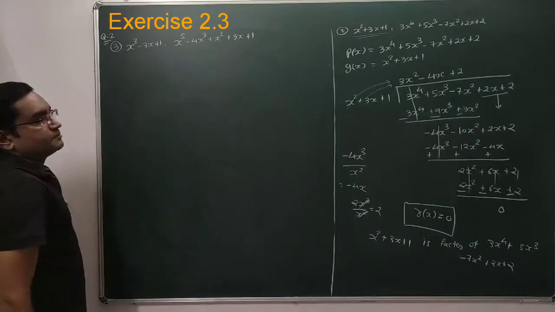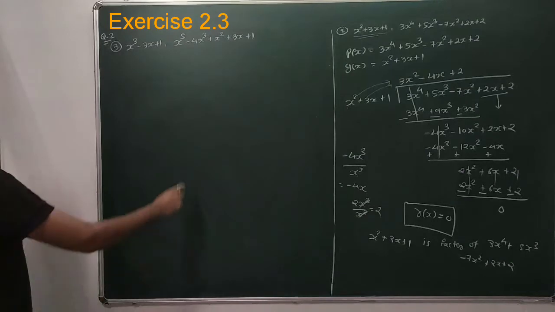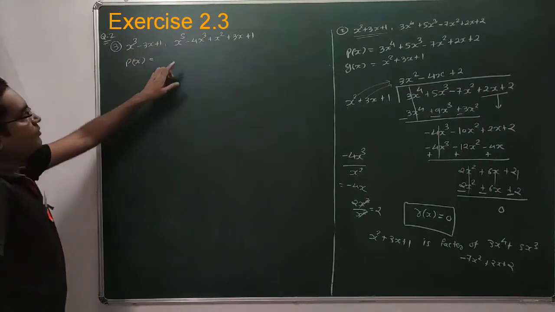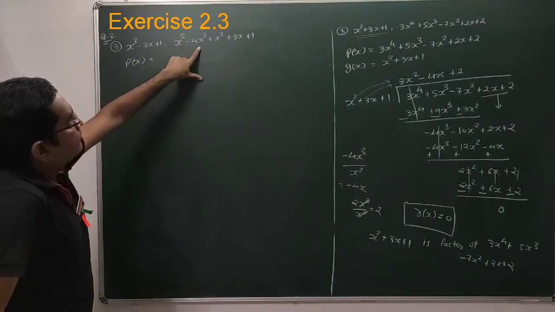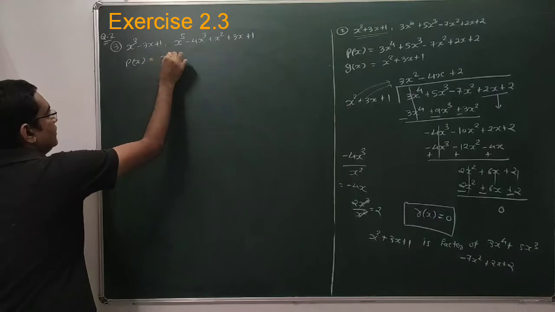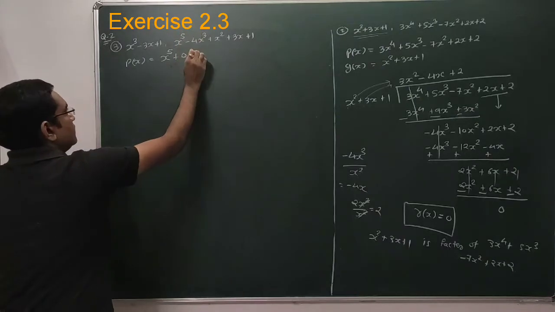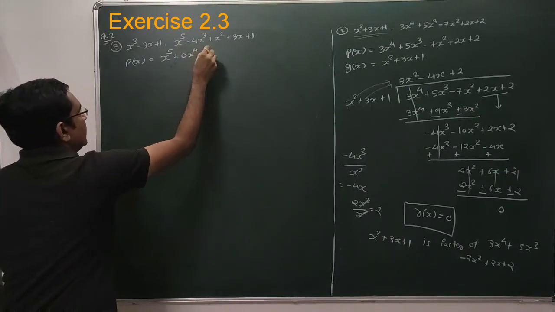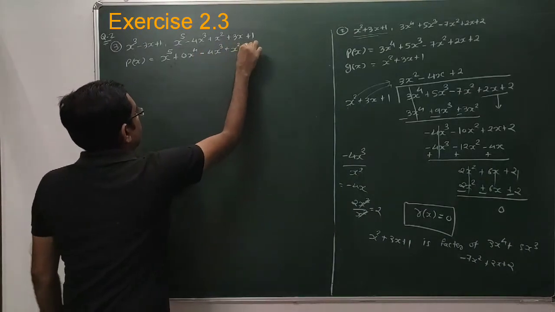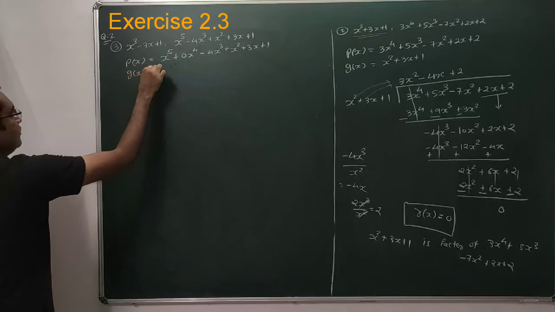Now student, question number 3. First polynomial is the factor of second polynomial or not. So this is our dividend polynomial p of x. So variable x with power 5 is there, but variable x with power 4 term is missing. So you have to add that term in our standard form. So it's x raised to 5 plus we have to add that term by coefficient 0. So it's a 0 x raised to 4 minus 4x cube plus x square plus 3x plus 1, and our divisor polynomial is g of x, which is equal